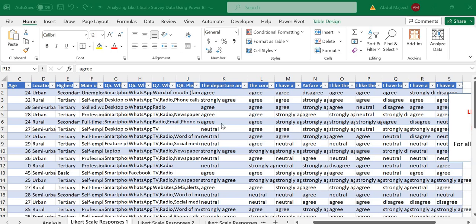In this video, we are going to look at how to analyze Likert scale data using Power BI. So we have survey data in Excel that we collected from passengers on an airline. The goal of the survey was to find out the factors that influence the decision of the passengers to